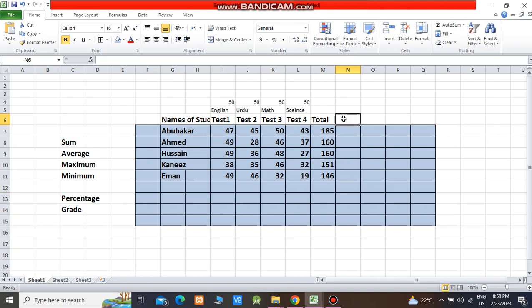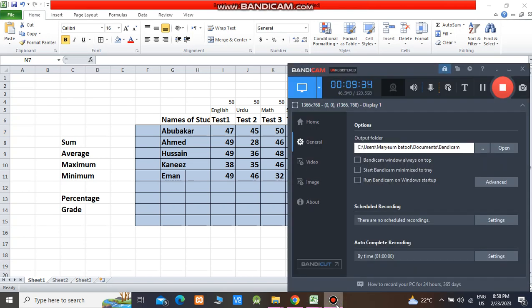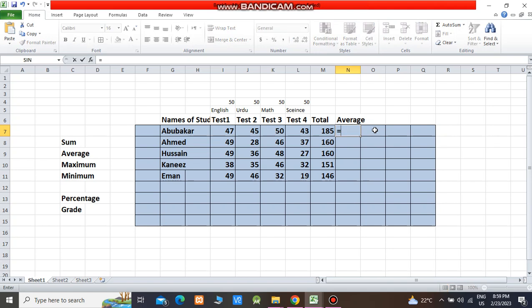So next formula is how to find out the average. AVERAGE, average. So what is the formula of average? Zunaira, please tell me what is the formula of average? Yes, the formula of average is equal. Click on the total cell, then divide the total cell by number of values, because the average formula is total divided by number of values, and we have 4 total number of values. That's why we divide the number by 4. If we have 5 number of values, then we divide the total by 5. If we have 3